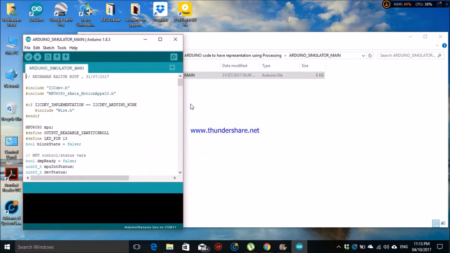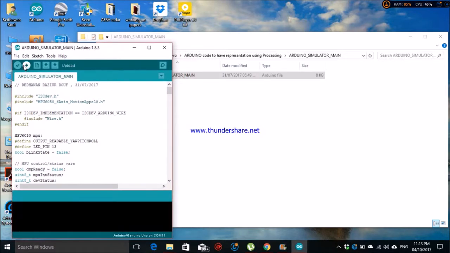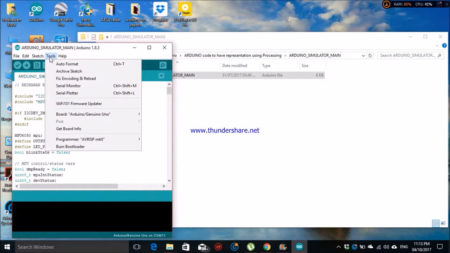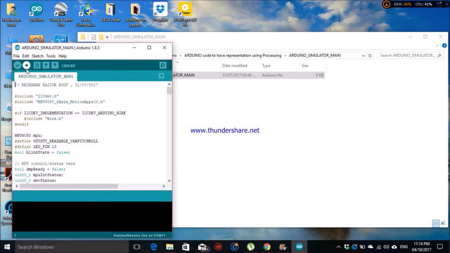Now here is the code for Arduino. Before uploading, we should check the port. When we connect the Arduino with the blue cable, we will have a port available. Whatever port is available, we use it. Then upload it by clicking here. We would have a live demonstration. This is just how we prepare a rough